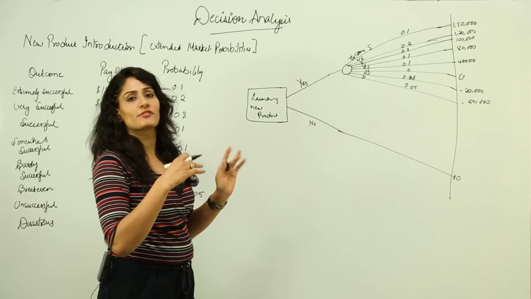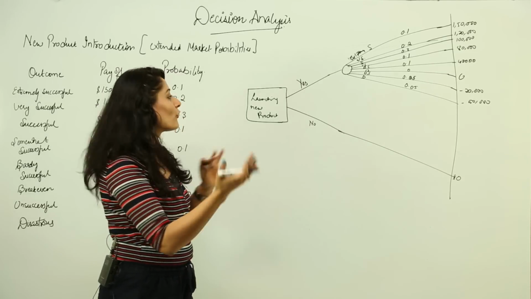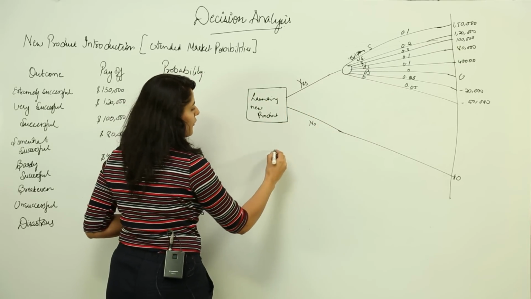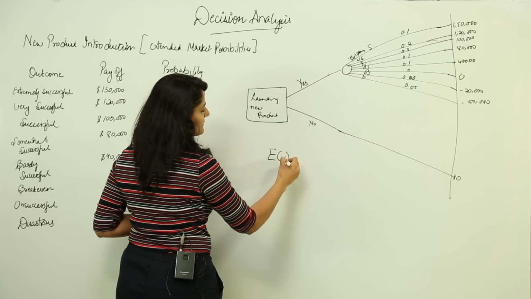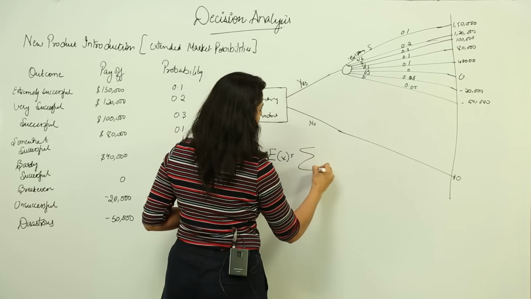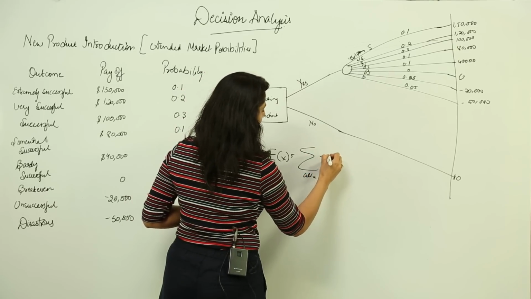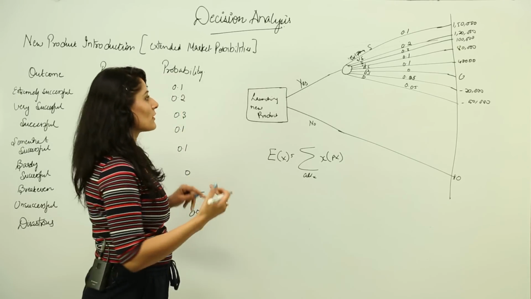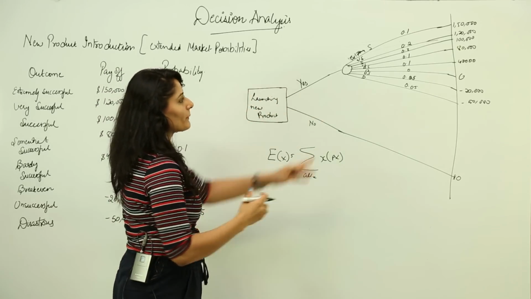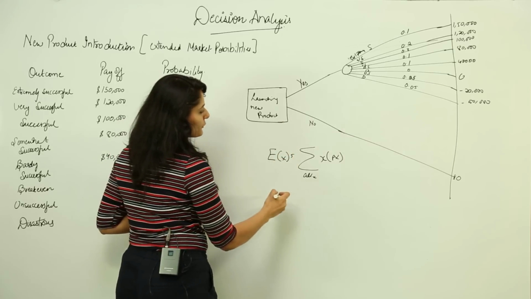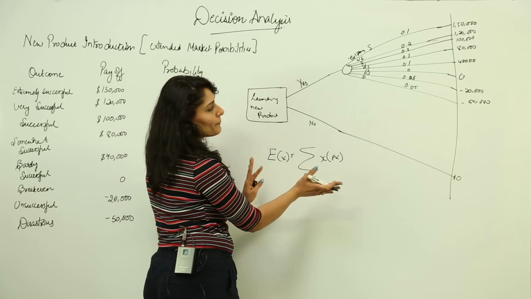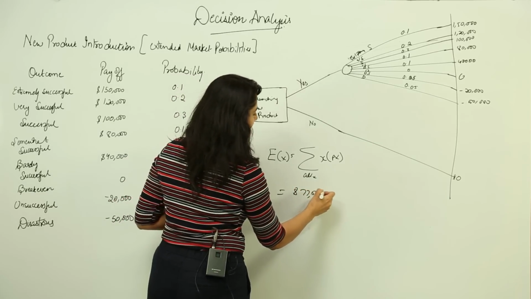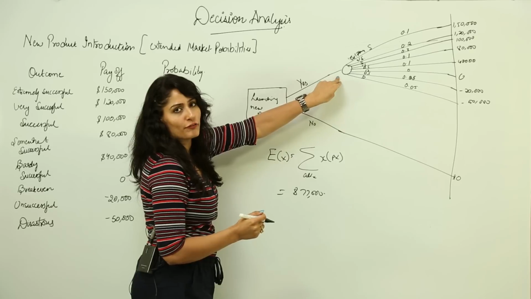Now again I have to do the same thing. I have to calculate by folding back, I have to calculate the utility at this chance node. So now you know the drill, the formula would remain the same, that is EV is equal to the summation of payoff times probability. When I add these values, which you can do yourselves because otherwise this lecture would go on forever, the final answer is 77,500. So this is the utility of this node.